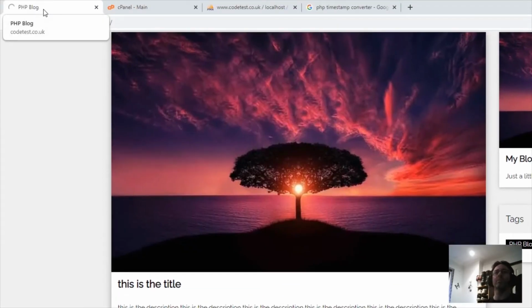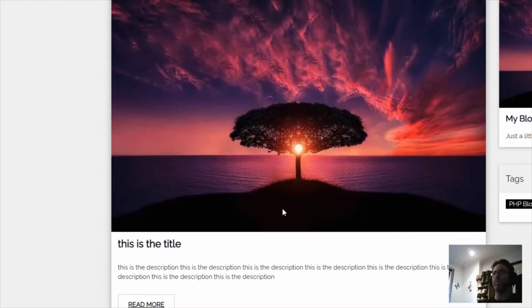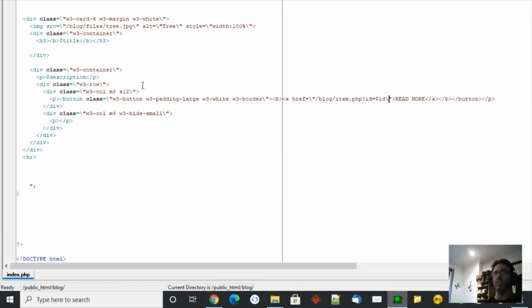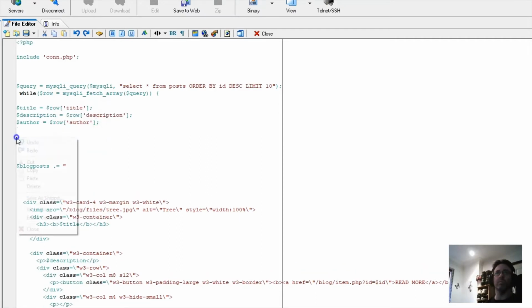Oh, my server's running slow again. I must be having a lot of traffic to my server. So anyway, if you click that, it goes blog, down the bottom there, item.php?id. So it doesn't actually find an ID. So we need to get the ID now. So select all from there, and we're just going to make one here, like this. We've got the title, description, and the author, but we never actually got the ID. So if I get the ID, like that, because you need the ID